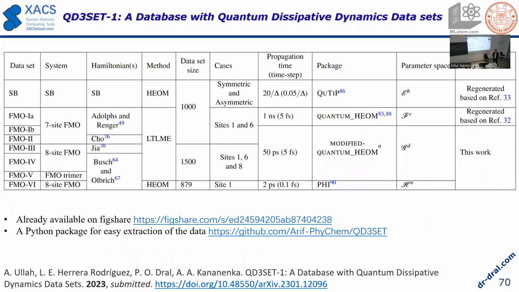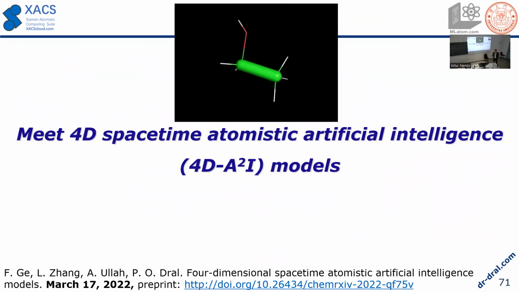There are some data sets which you can play around with. But in my group, I'm a chemist, so I'm more interested in atoms and how they look in molecules, right? So I'm more interested in these treatments where I can look at the molecule. In quantum dissipative dynamics, you don't see the molecule. And then I wanted to extend this approach, and I still want to extend this approach to molecular objects.